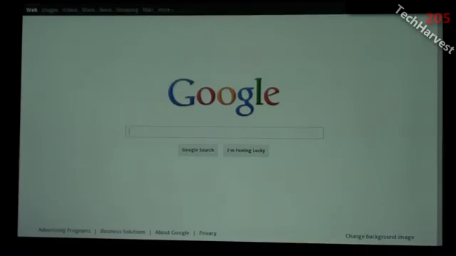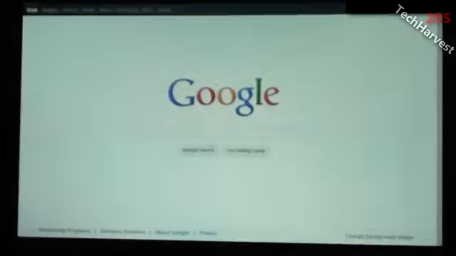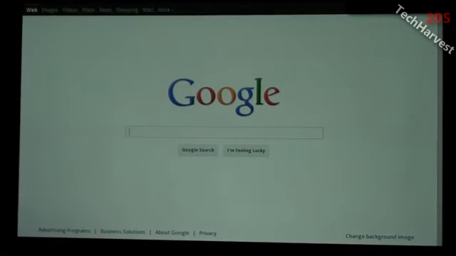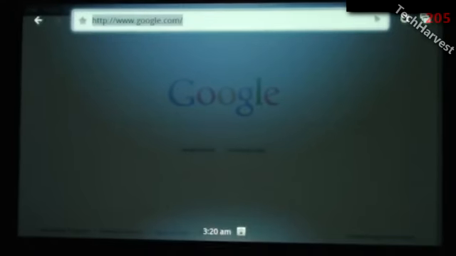So if you actually want to look something up, you would hit the search button on the device here, or in this case, since I have a Google page brought up here, I could just search here. But I'm just going to search with the search button on the keyboard here, and this is how you would bring up a search if you were on a web page, how you bring up the URL/search box on the device. Now what I'm going to do is look up Tech Harvest